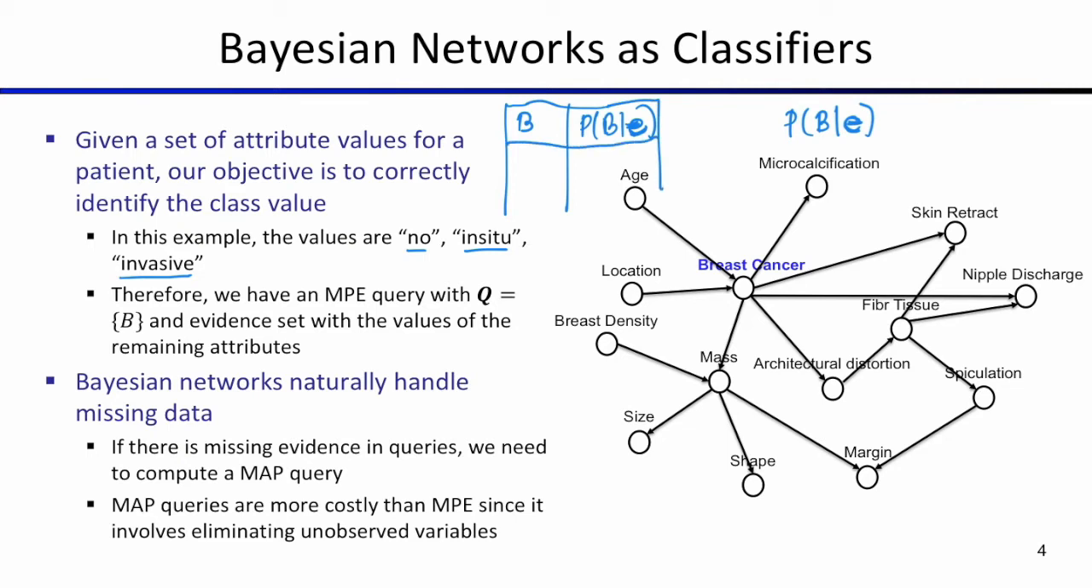We have just three entries here. One is for null, one is for in situ, and one for invasive, right? And that is basically the output of our query. For each of these three entries, we're going to have a probability. As the probability of B given E is a probability distribution, they will sum to 1. So it's going to be like 0.7,